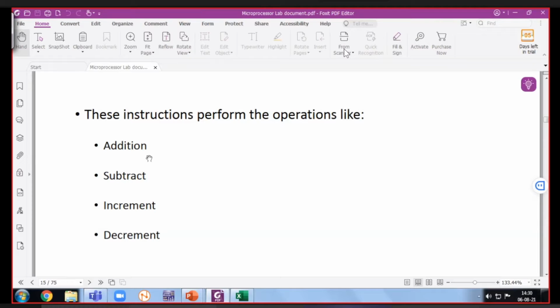Okay, so 2 into 4 we can store 4 as a counter. Okay, we can take 2 as a number और एक लूप चलाएंगे। Okay, कब तक? जब तक कि वो काउंटर वैल्यू 0 नहीं हो जाए। Okay, हम लूप में एडिशन को डालेंगे और लूप चलाएंगे